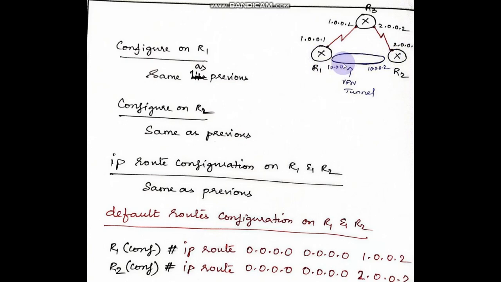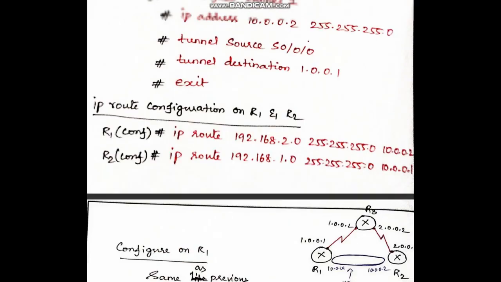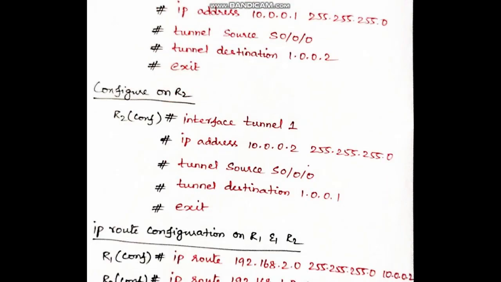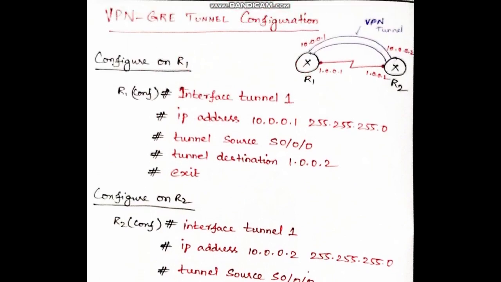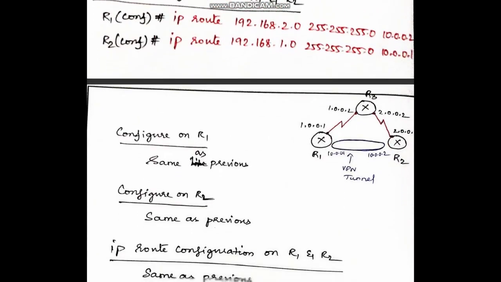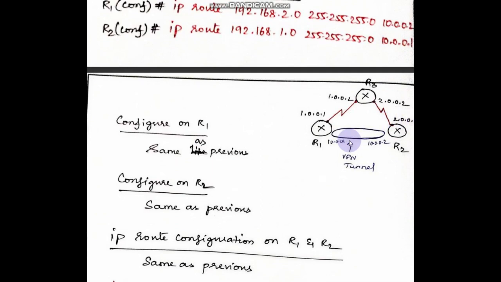On the R1 side of the tunnel I am giving IP 10.0.0.1, and on the R2 side I am giving IP 10.0.0.2. Previously also we took the same 10.0.0.1 and 10.0.0.2. The same thing here also, but the main difference is